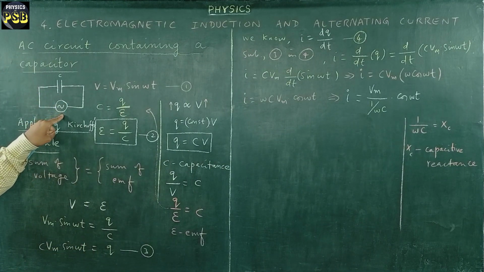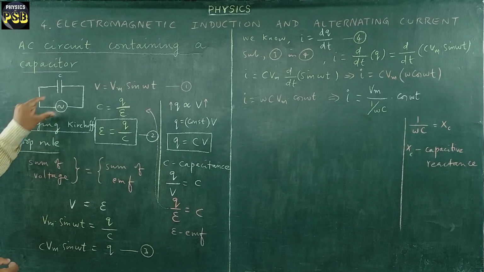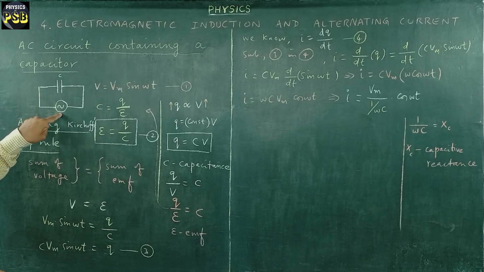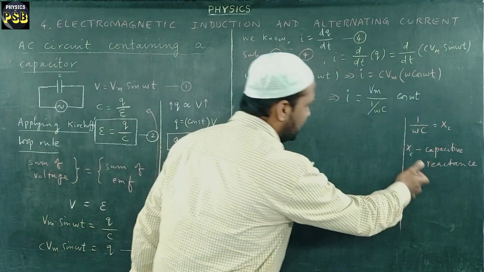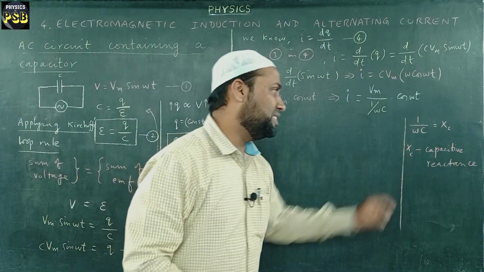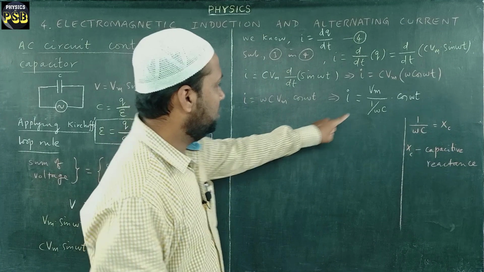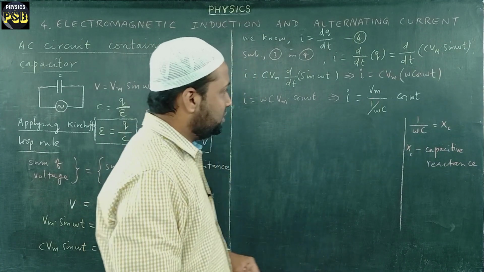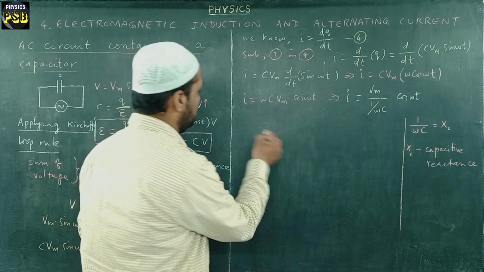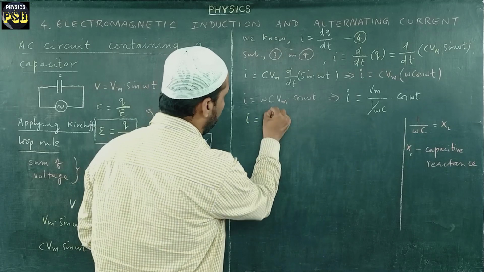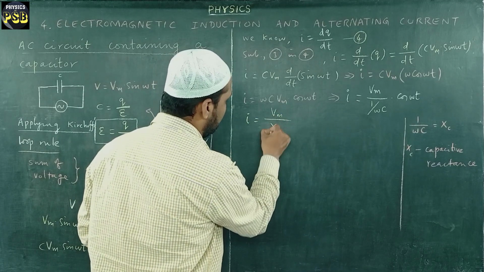connected to a source of alternating current. So definitely it is going to offer some resistance to the flow of current. This resistance offered by the capacitor to the flow of current is referred to as reactance. Here it is known as capacitive reactance, represented by the letter Xc. So in the place of 1 upon omega C, I am going to write that. So I becomes equal to Vm upon Xc